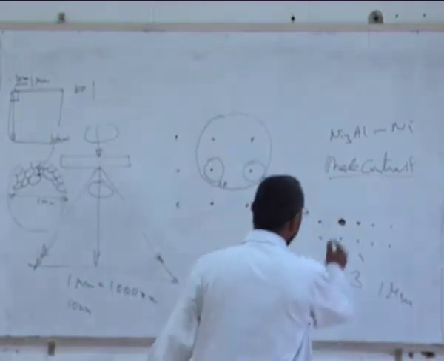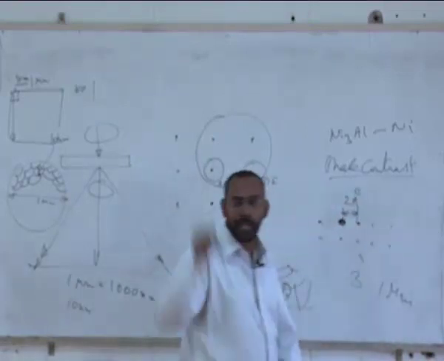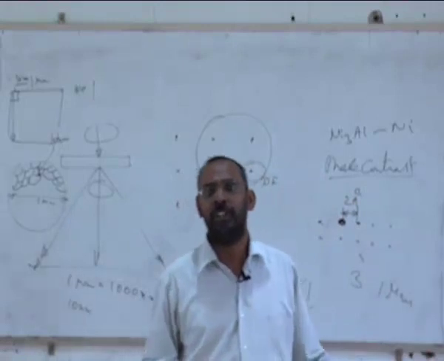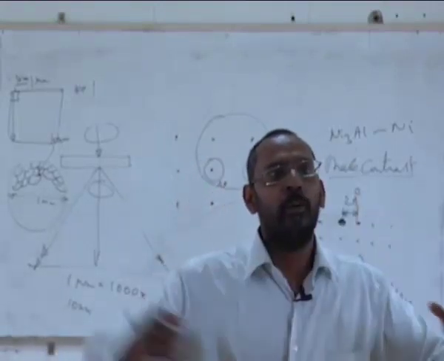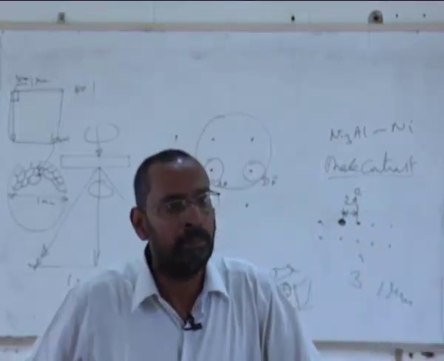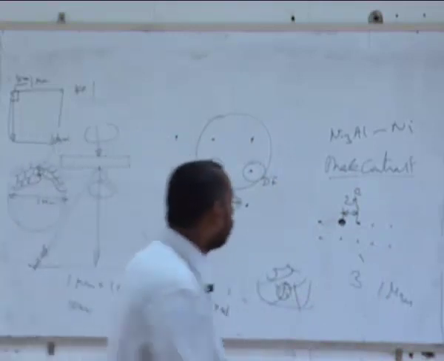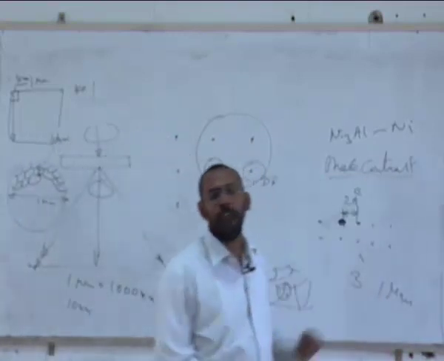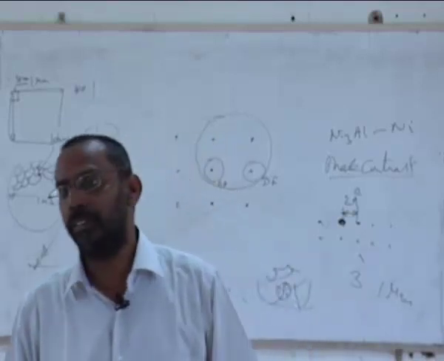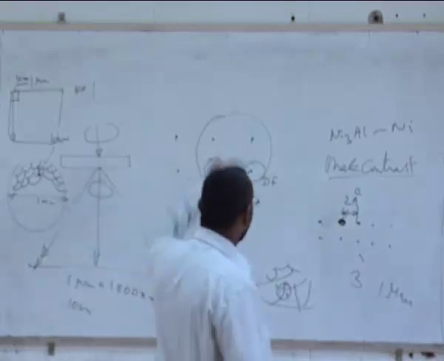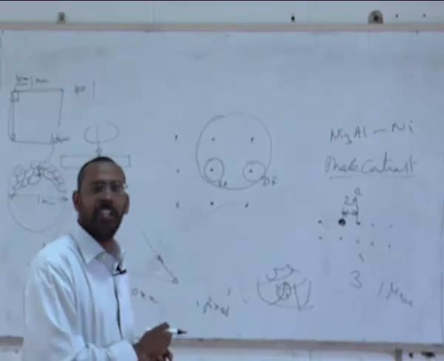Because if I want to see these atoms, and the distance between these two atoms is 2 angstroms, my microscope should have a 2 angstrom resolution. If it does not, I will not be able to see this. They both will look like one single atom, because they look like a fuzzy kind of picture. So that's the reason why you need your microscope to have a very high resolution to be able to see this.